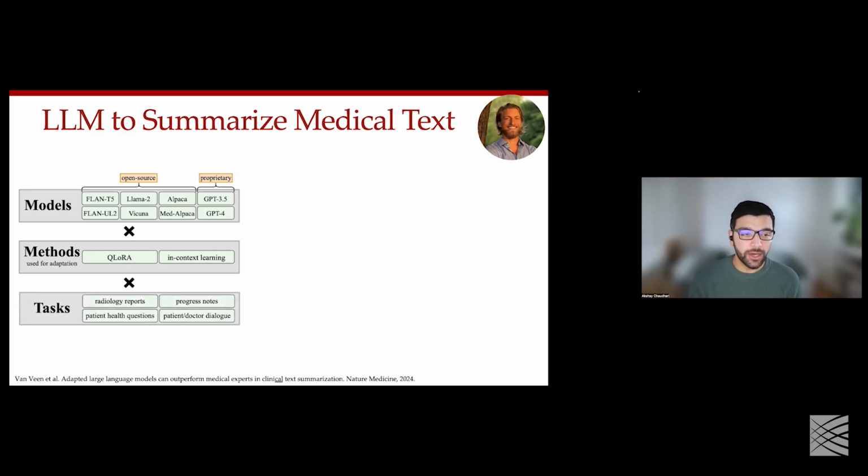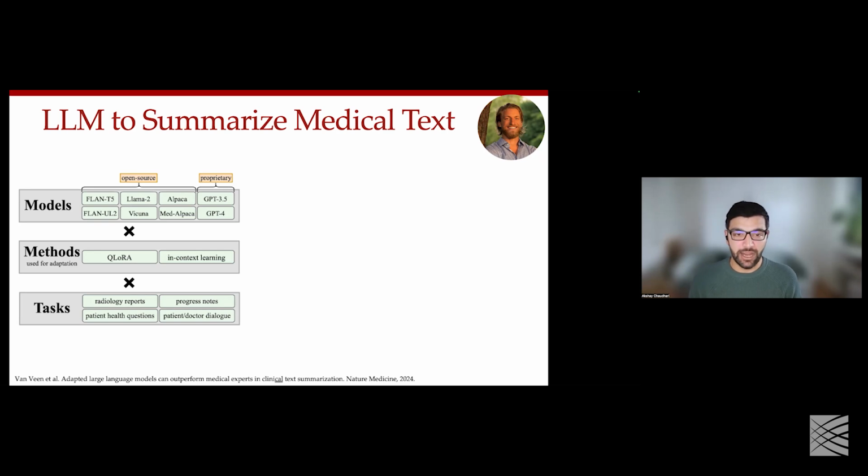And then once we took these models and different methods, we wanted to apply them to a few different medical tasks. So we looked at different domains. I do a lot of imaging research, so radiology was near and dear to my heart. We looked at progress notes, patient health questions, and patient-doctor dialogues, and we chose these because this is where we're seeing a lot of excitement by hospitals to implement some of these tools.